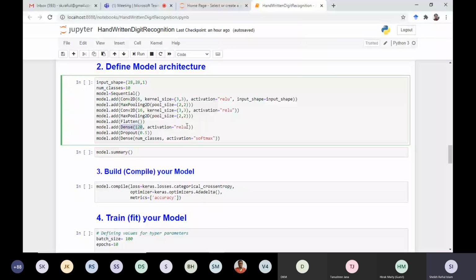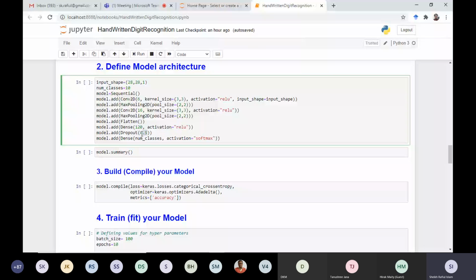After that, we have used a dropout layer. Dropout layer, basically, we use to prevent overfitting. If you don't know what overfitting is, I can explain later, no problem. But see, the value is 0.5.